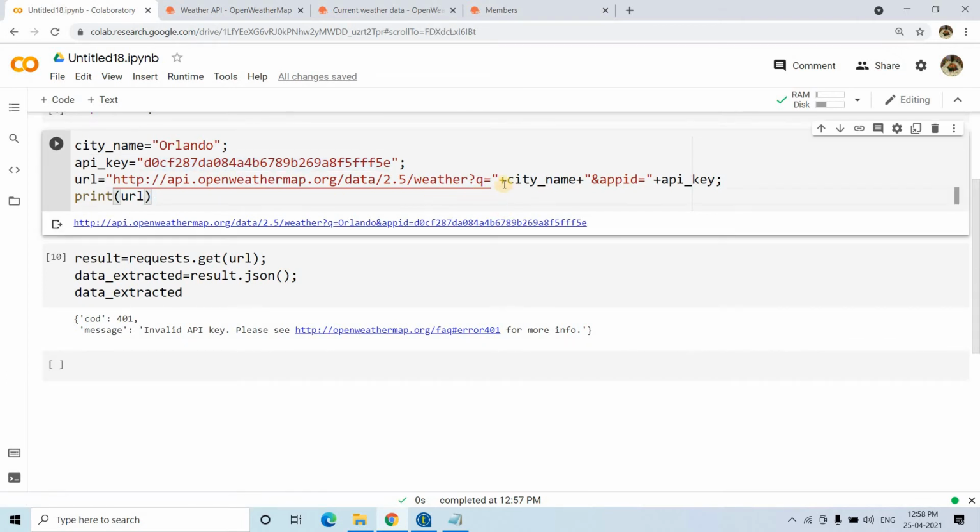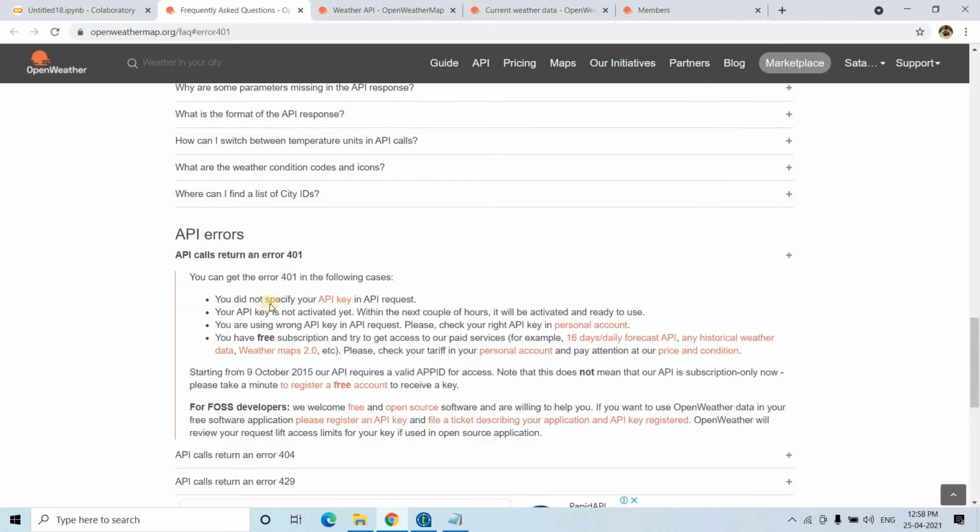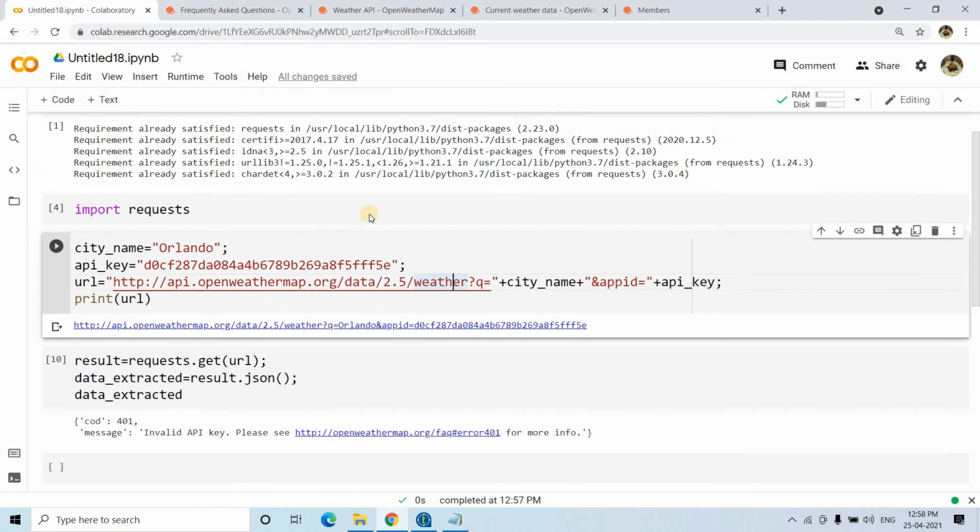Yes, everything is perfect. If you want to know what the 401 error is, you can click on this particular link and go to 401. You can see: you did not specify your API key in the API request. We have specified it, so this is not an issue. Your API key is not activated yet; within the next couple of hours it will be activated and ready to use. Maybe for this reason we are still not getting it. Okay, no issue.